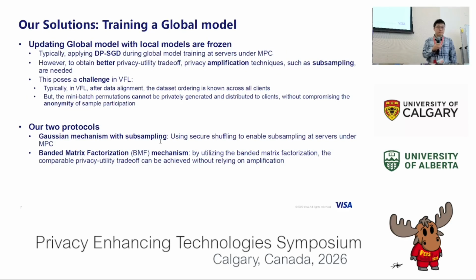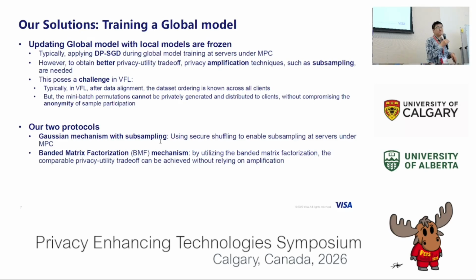Okay. So for our solution, first we consider a very simple case where we're just training the global model, and we keep the local model frozen. Someone will say, okay, that would be very easy, we just apply DP-SGD, differential privacy SGD, on the global model. Yeah, it's true, but here